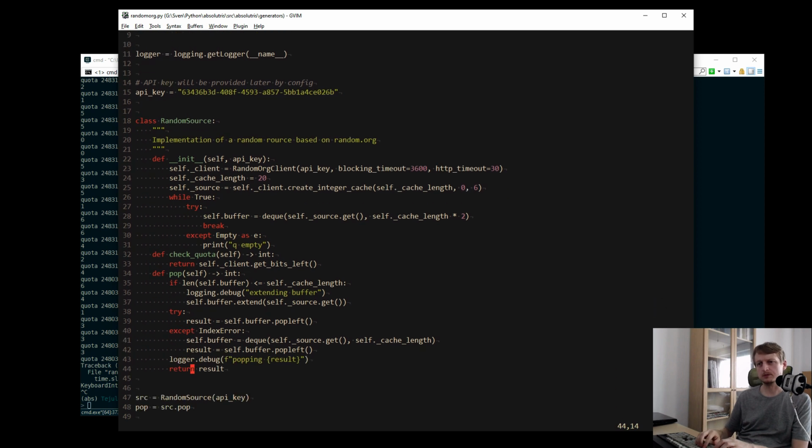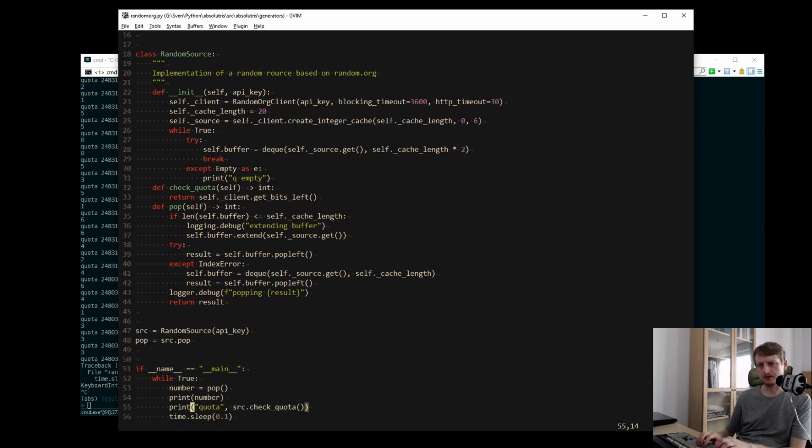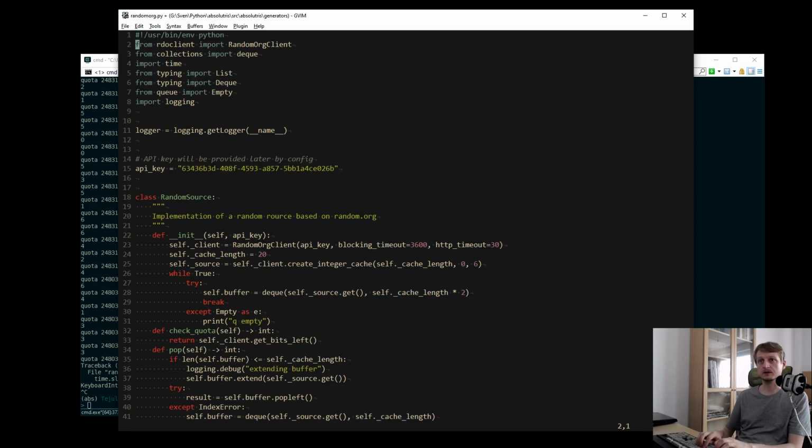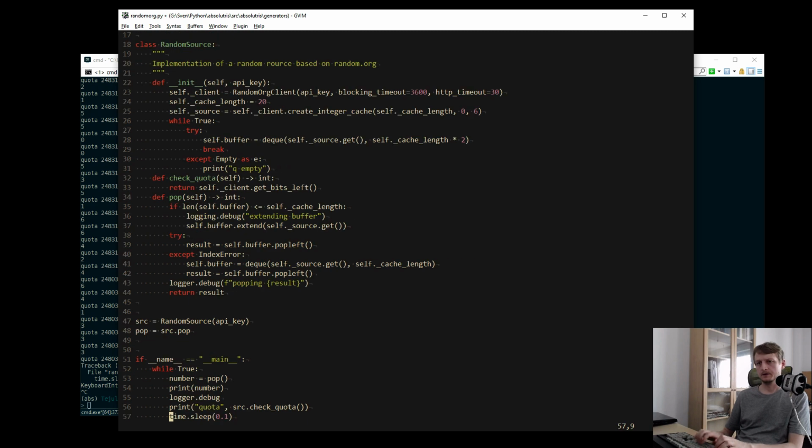Maybe I should do something like print quota, print number. Okay, let's do print number, and let's say something like logger. Is it like logger debug? I hope I have a logger defined. Yeah, I have a logger defined. Logger debug.